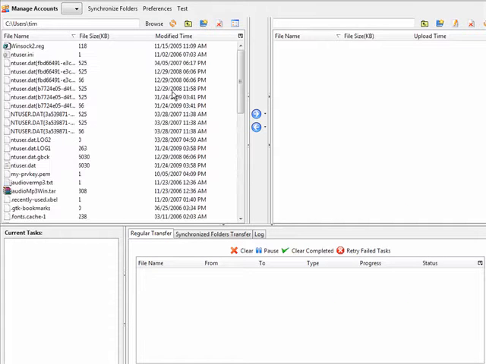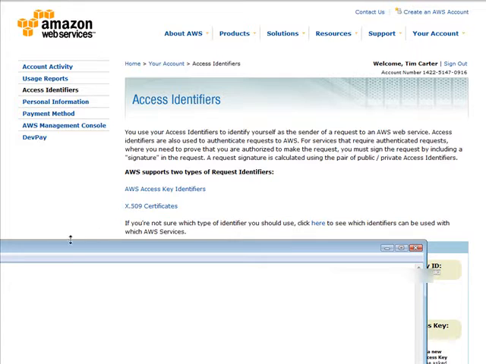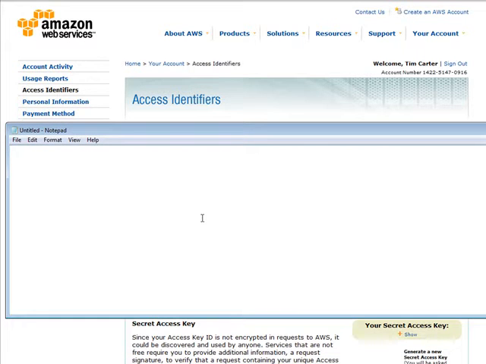Okay, so at this point what we need to do is go back to our Amazon services and our access identifiers. In here you have your access key ID. So copy that, then open Notepad or somewhere where you can access it easily. Paste it in here